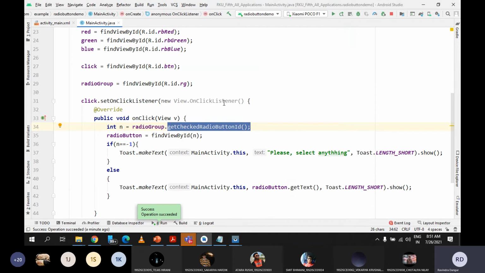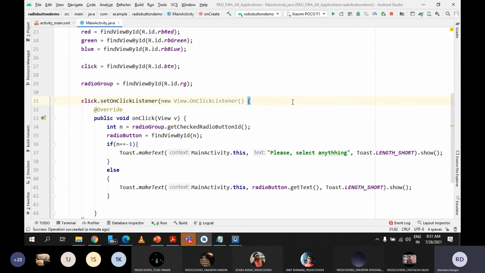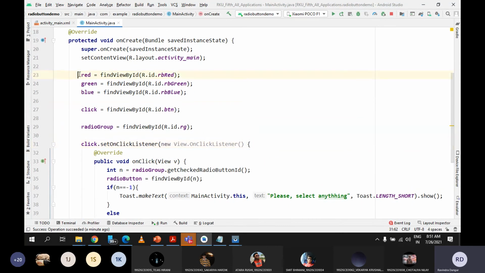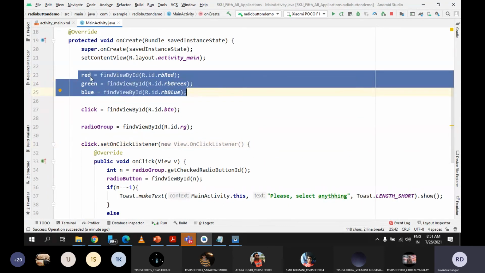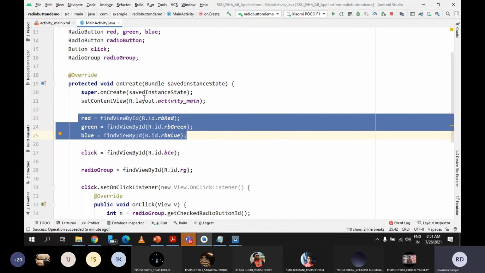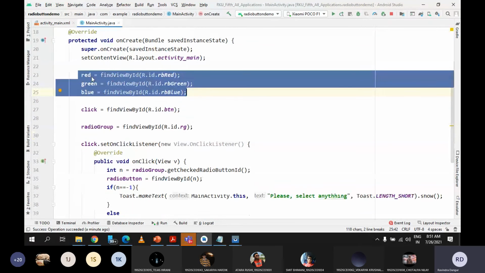So it is always advisable that whenever you want to implement radio buttons in your application, you place all the radio buttons inside radio group so that user cannot select multiple radio buttons, and overall you will have the entire control on the radio buttons, and even the logic will also be reduced. You can see you don't need to find the IDs of all 3 components. You don't need to play with the events of individual radio buttons.